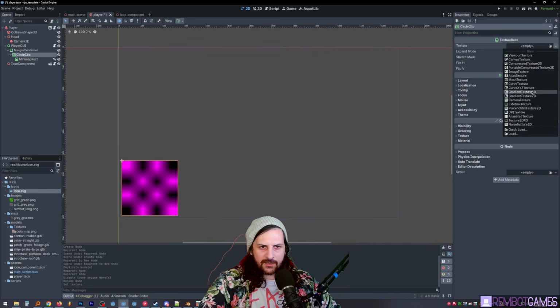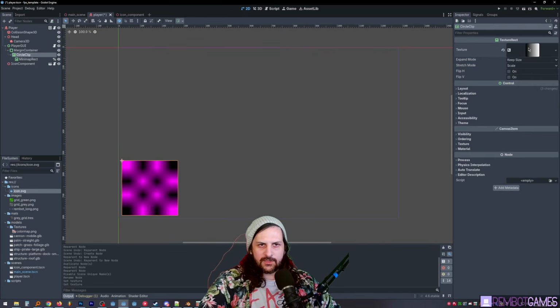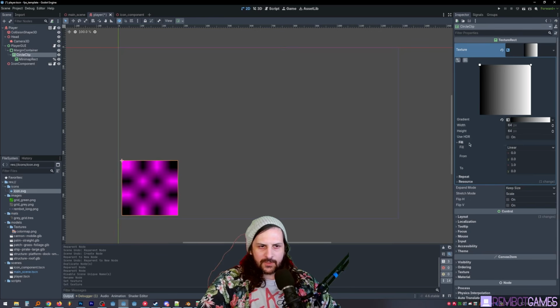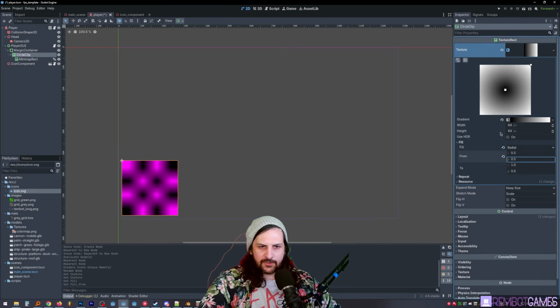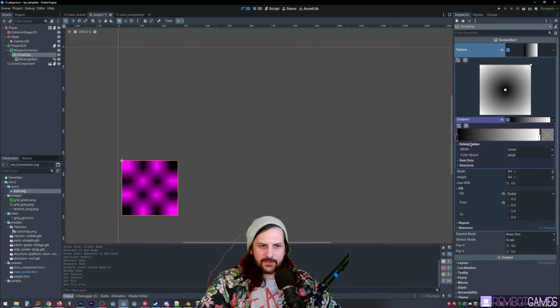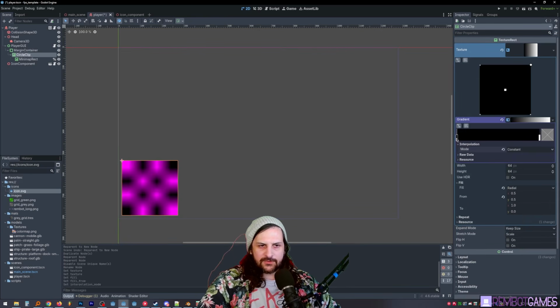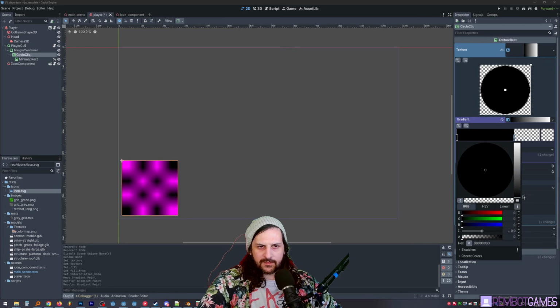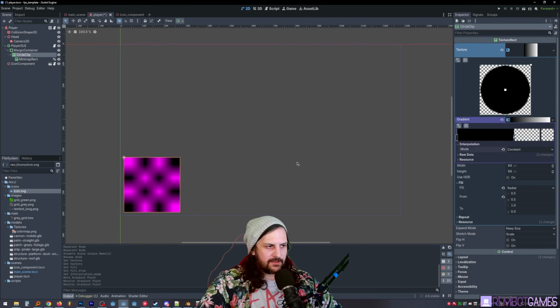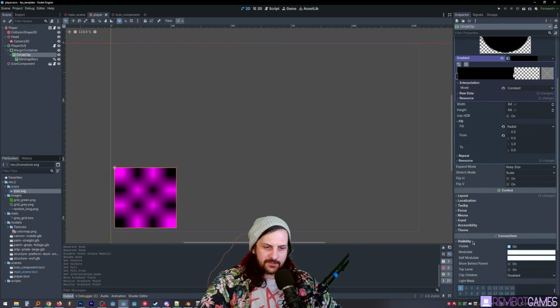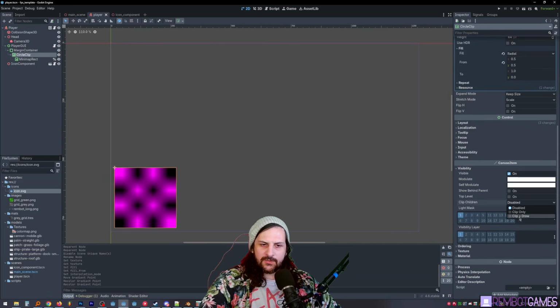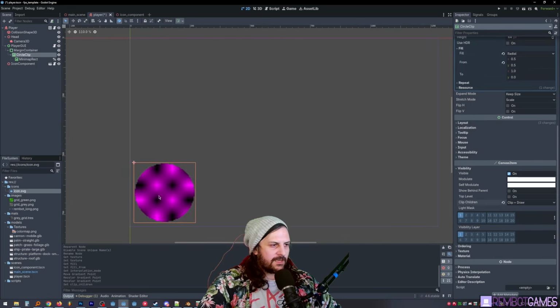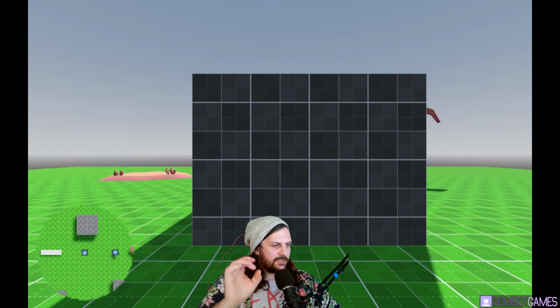But if you don't have anything like that, what you can do is you can go gradient texture, and then we can go fill. We can change that to radial from 0.5 to 0.5. Then what we can do is we can come in here, change that interpolation to constant, and then we can click on this one here, and then we can make that fully alpha. And I'm also going to make it black as well. Now we can go down to visibility where it says clip children, and then we can go clip and draw. And now you can see that it's cut a circle out